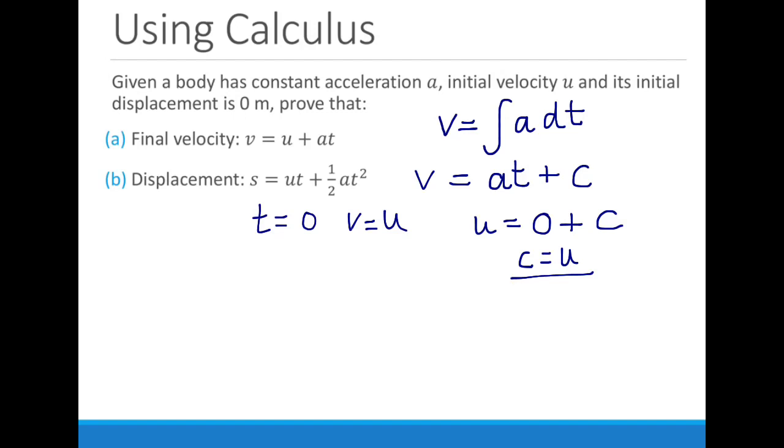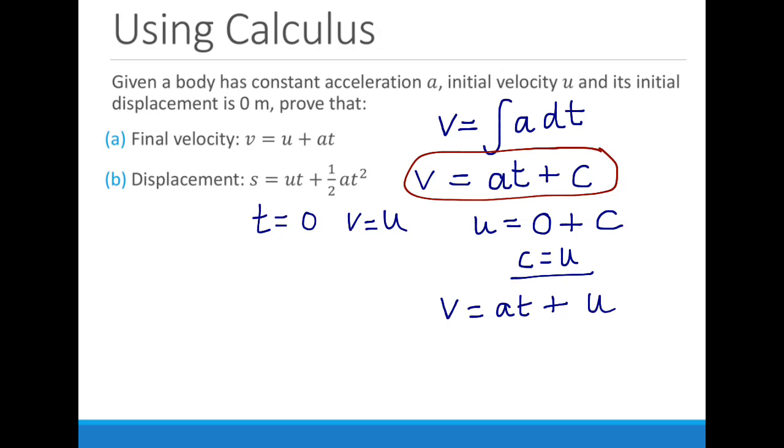And substituting that back in, I end up with v equals at add, and instead of c here, I'm substituting in my newfound value for c into here, I now can write add u. And rearranging that, you'll notice it's v equals u plus at,